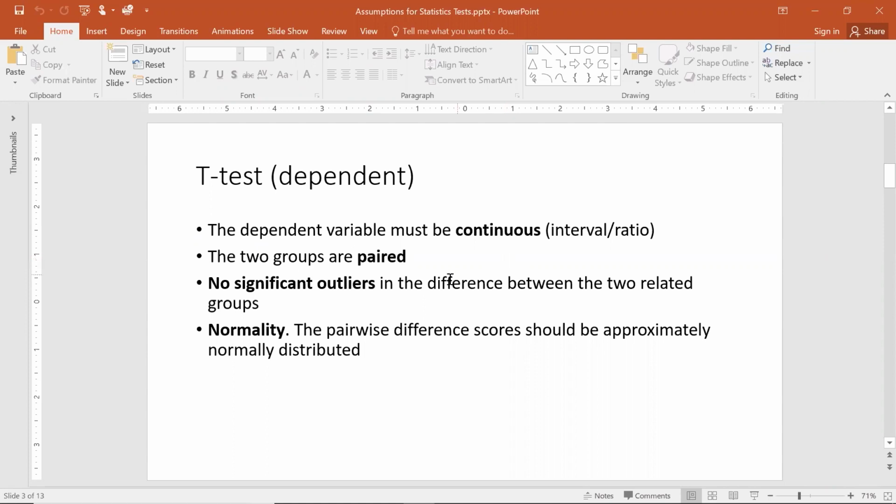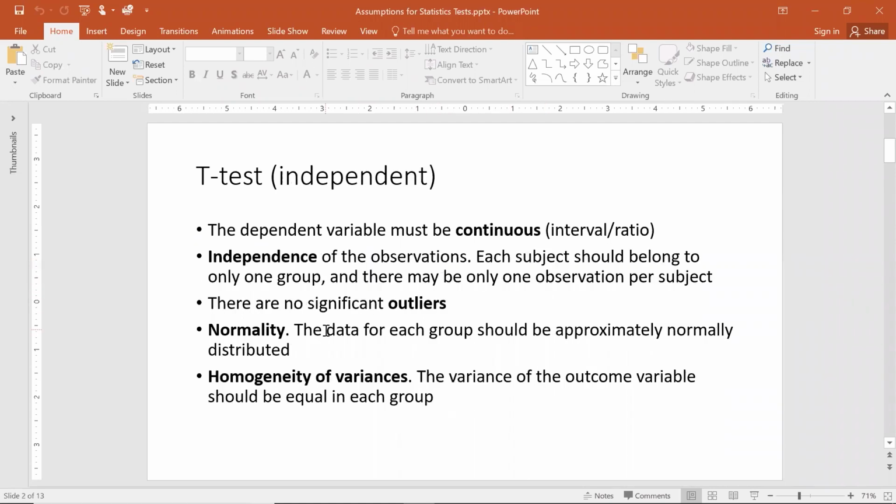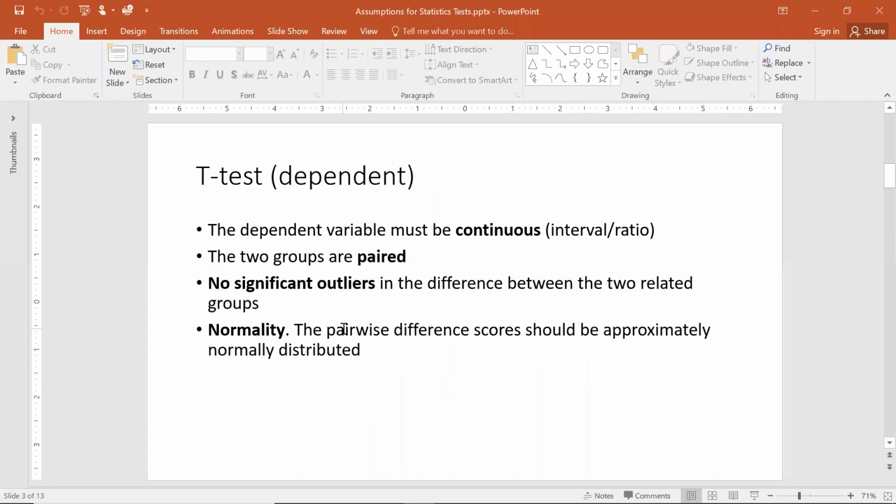Again, no significant outliers, because those will skew the results of the analysis. And then in this case, we would look at the histograms or the distributions for, say, FEV and age, and each of those must be approximately normally distributed, which they are. In this case, we don't care about that. The only thing we care about in terms of the distributional assumptions is that the difference scores